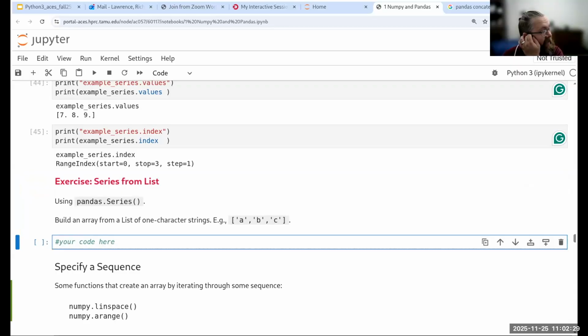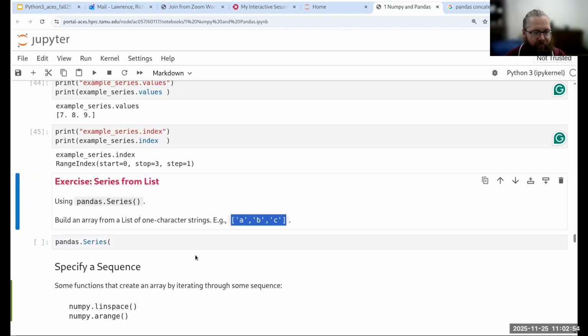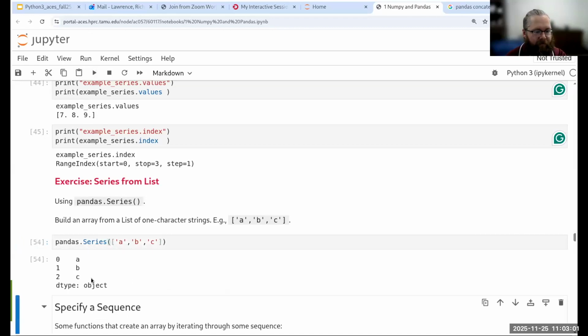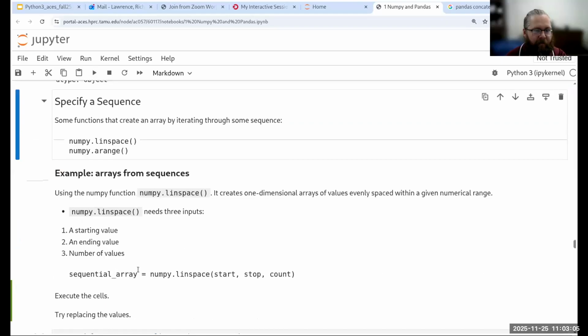Sorry, I got distracted. Did anybody suggest a solution to this strings? Okay, so I would like to